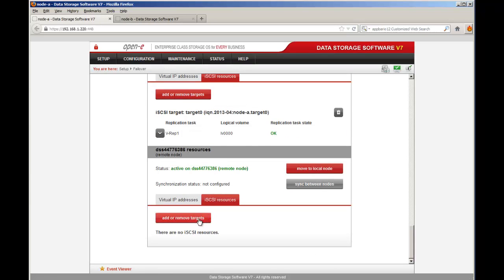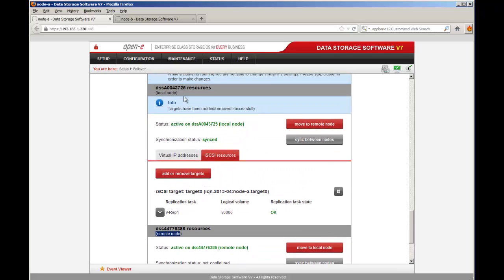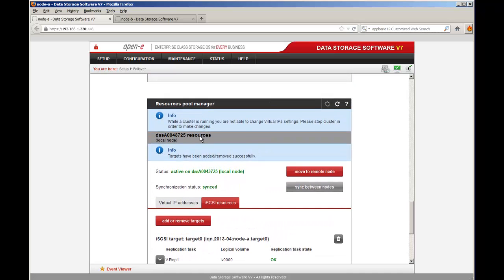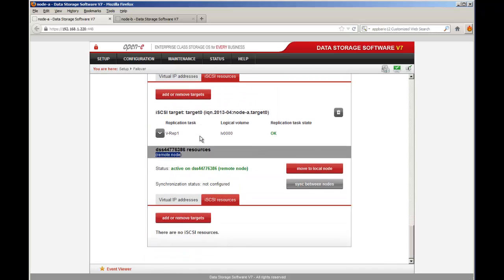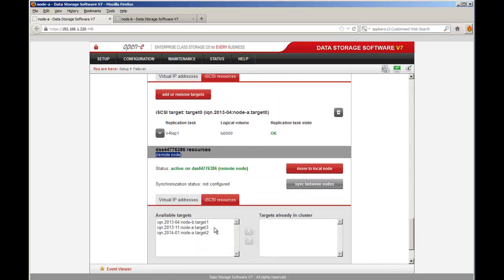And we'll go and add on the remote node, as you see down here on the bottom. And it's always on the bottom. The remote node is always on the bottom. The local node is always on the top. So you can always reference them to both of them. So here we'll go add on the node B, target 1,